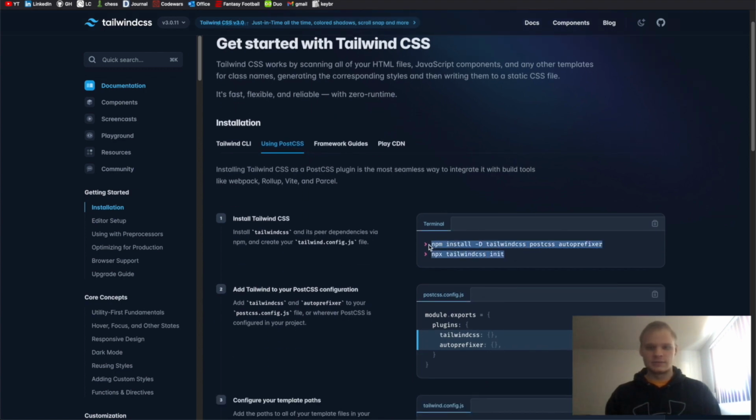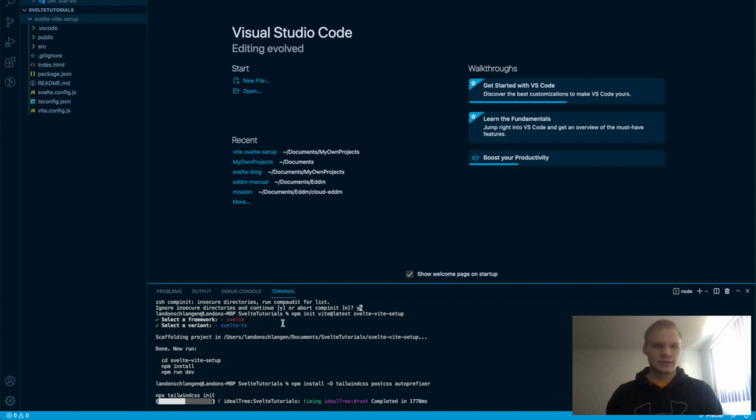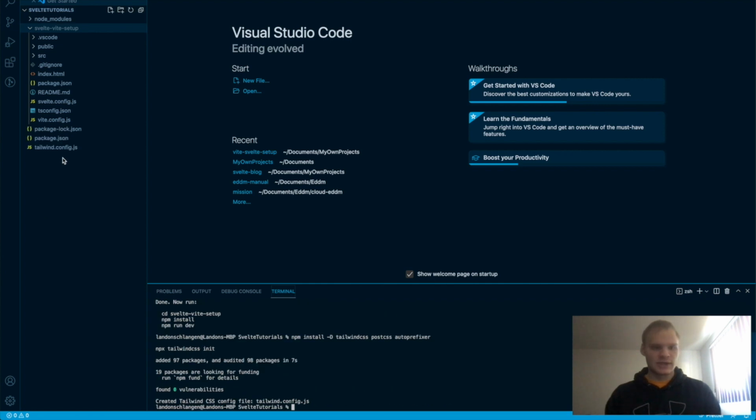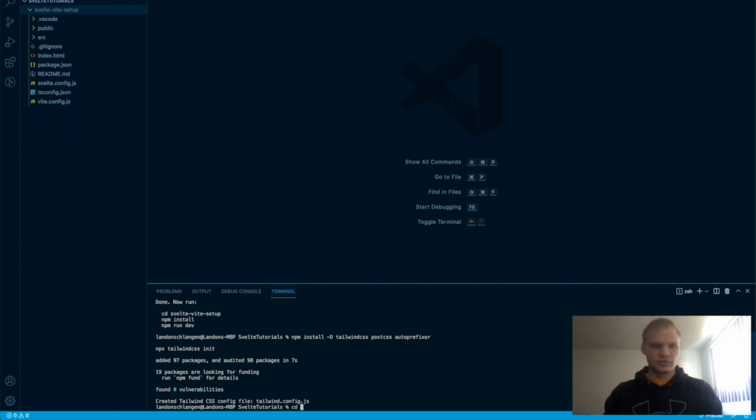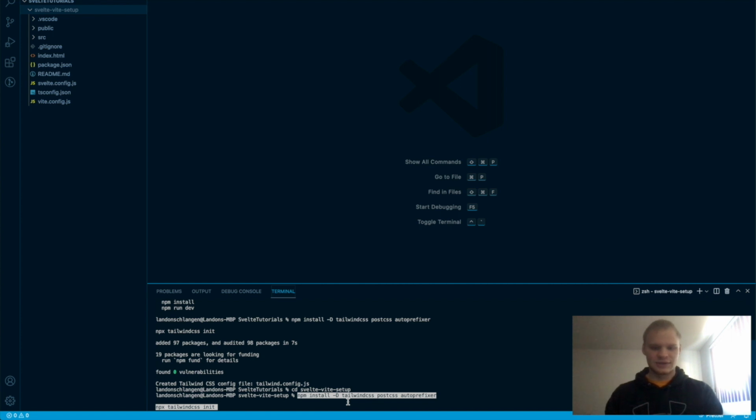And to do the npm install for it, it's just this command, and we also want a Tailwind config file, and that's what the npx tailwindcss init is for. So we'll paste that in there, and it should give us the files that we need. Actually, that was not right because I'm not cd'd into our project. Make sure you cd into your project, Svelte Vite Setup. So there we go. Now we can npm install our Tailwind, PostCSS, autoprefixer and Tailwind CSS,